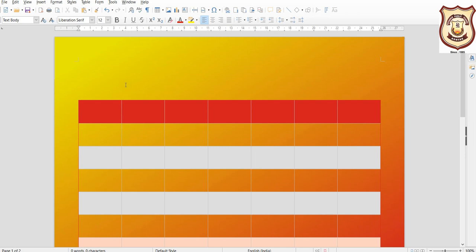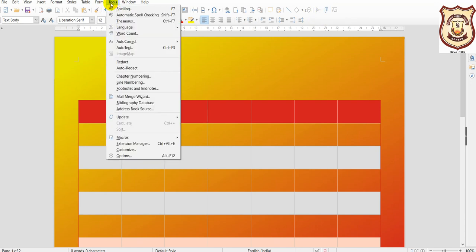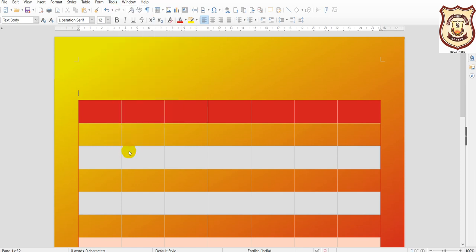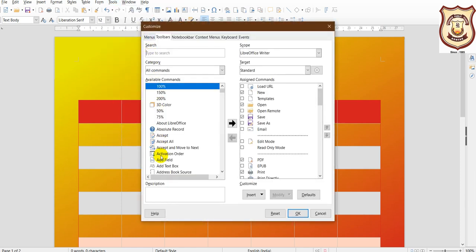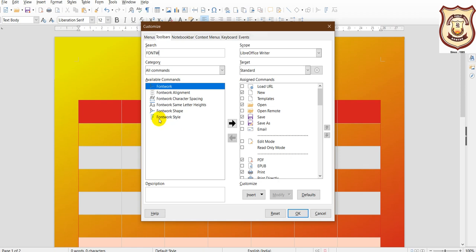Okay, so let us add word art. See, I have taken it out in the toolbar. So from where I got it, in Tools you will go to Customize. Okay, so after clicking it, you need to type Fontwork. Okay, so you see Fontwork Style.